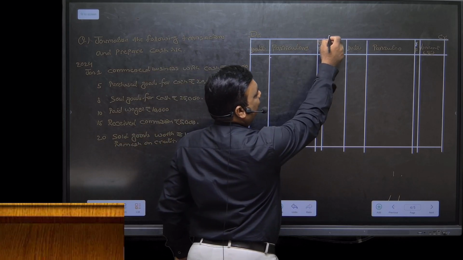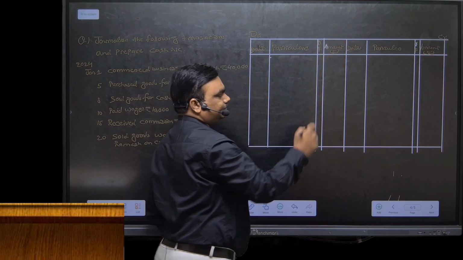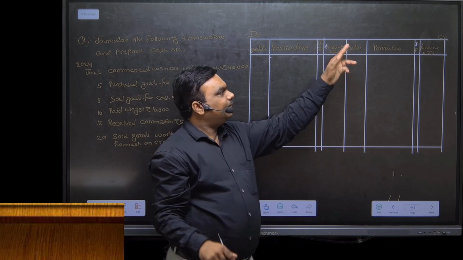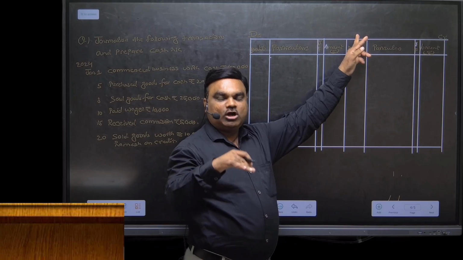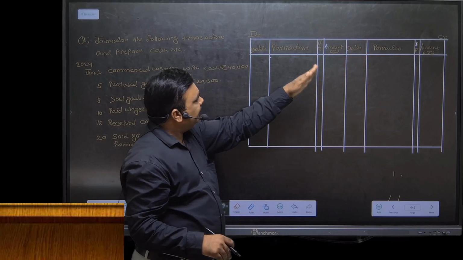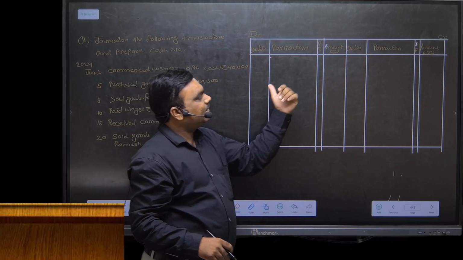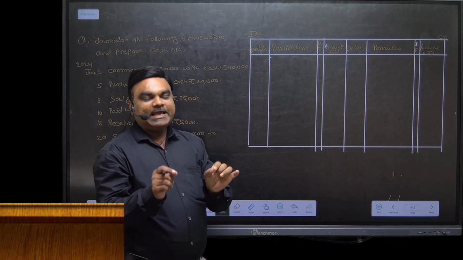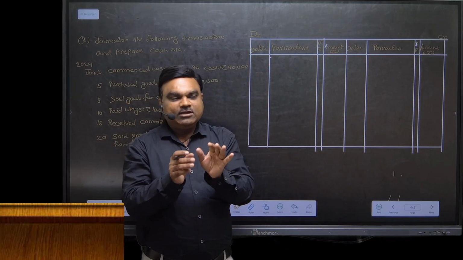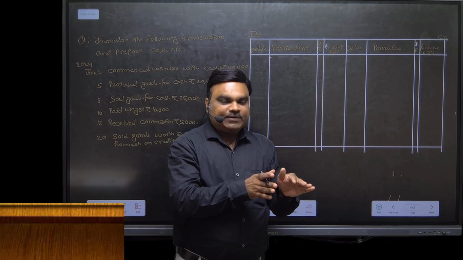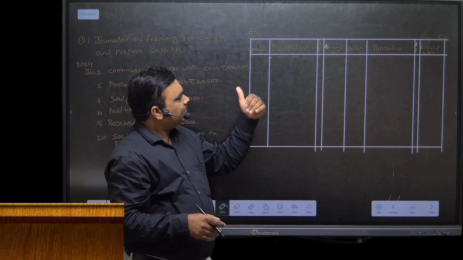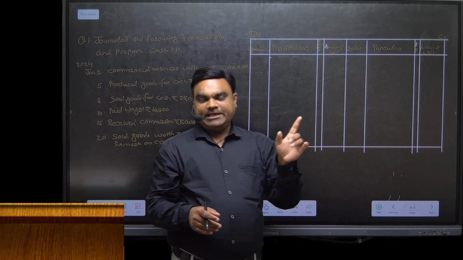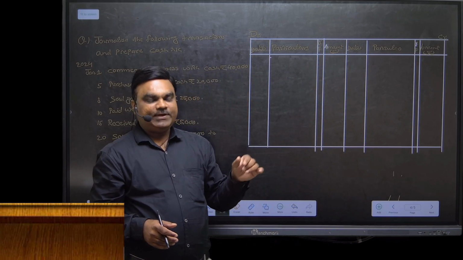See, this is the format of ledger. Here we should write down the account head. Means whichever ledger account we are going to draw, we have to write down the name of account on the top center of the ledger account. Left hand side is called as debit side and the right hand side is called as credit side. On the left hand side we are having 4 columns: date, particulars, JF, amount. Again the same columns we are having on the credit side also: date, particulars, JF and amount.